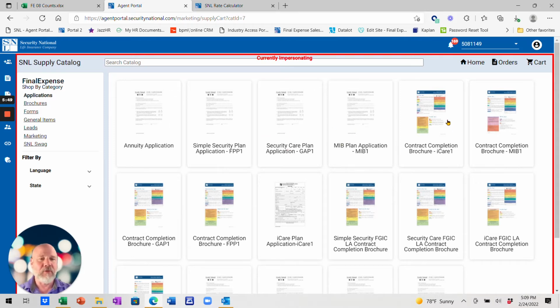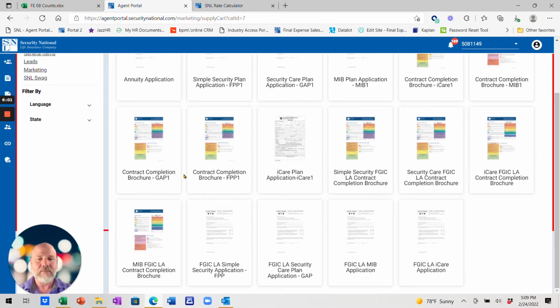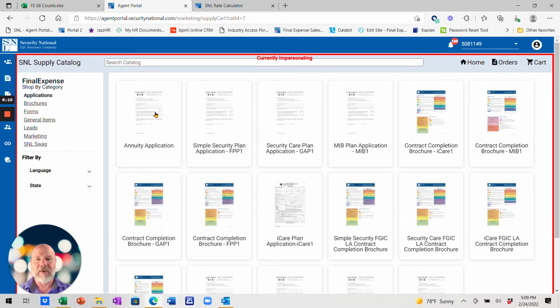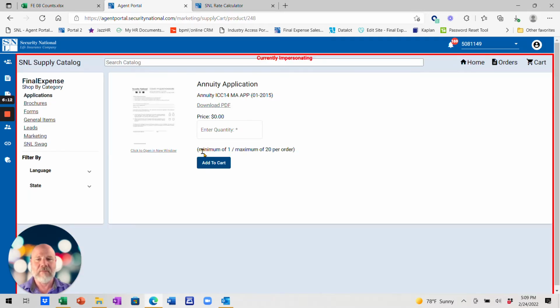We've also included contract completion brochures so that you can fill out all your contracts. Make sure you get them back to us correctly, because pending business is business that doesn't pay. So let's get those policies issued correctly. If you happen to be a First Guarantee agent, we also have applications for those at the bottom. Now, when you go to order an application,